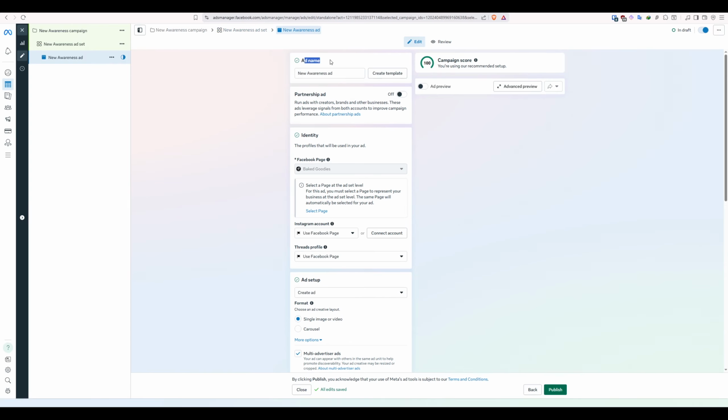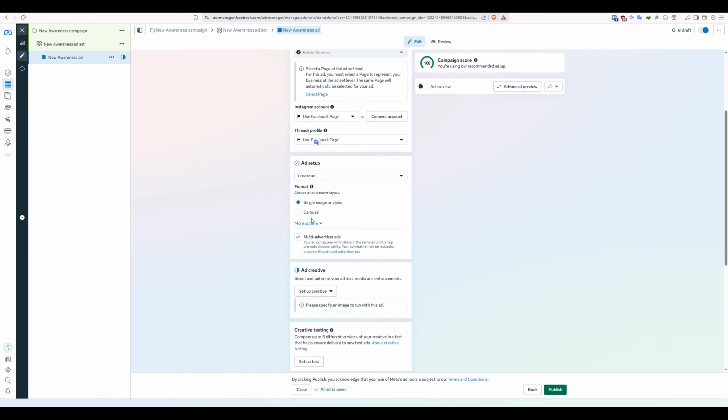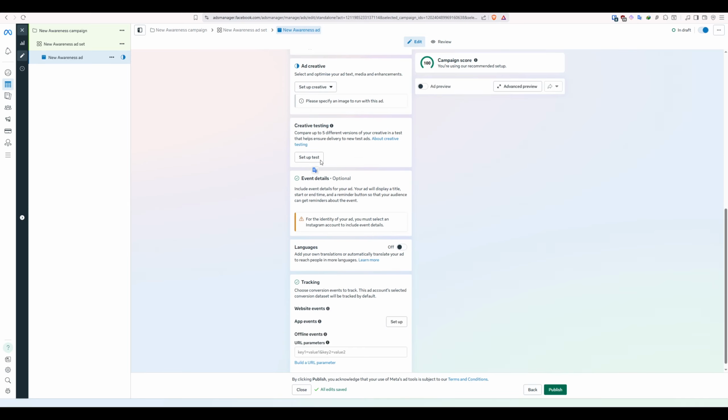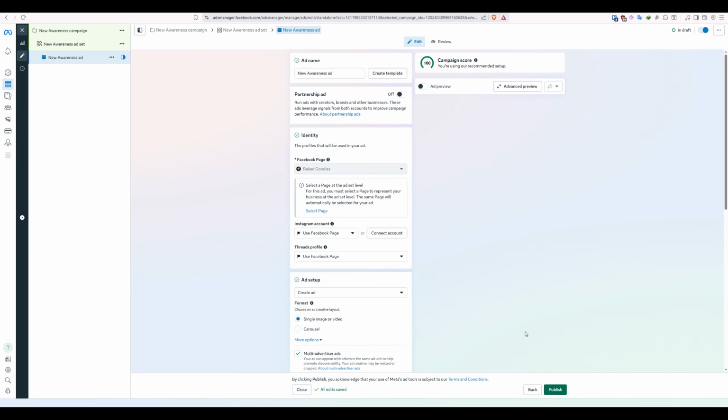So here is going to be your main ad. You select your identity, select your Facebook account. If you have an Instagram account, you can connect that to it. You can add the setup over here as a single image or a carousel and then upload your creative by clicking on this button. And you can set up the creative testing over here. You can upload 5 different types of creative and see which one works, and then you can go with that one. It's as simple as that. Then you hit the publish button and boom, your ad is live. And that's how you can set up